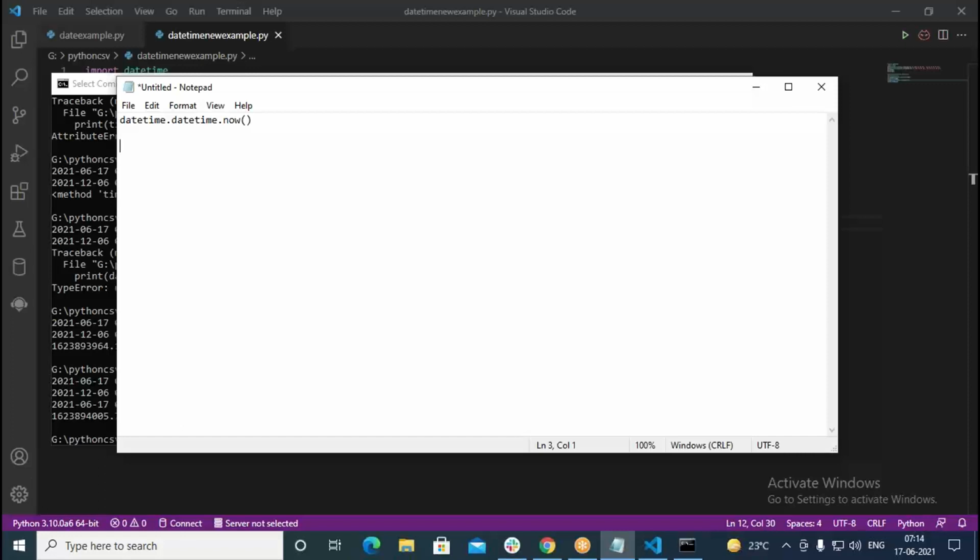Now the other thing we see is calendar. There is one more module called calendar. Using calendar, you can actually print the calendar. The entire calendar for a month we can print, and for an entire year also we can print a calendar. So there is one namespace, or module, called calendar. Using calendar we can print a calendar on the screen. Now I'll show you that.